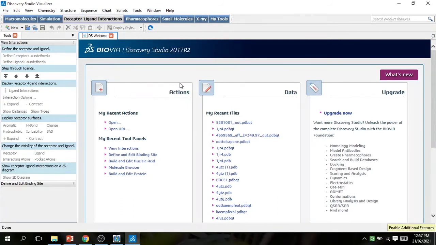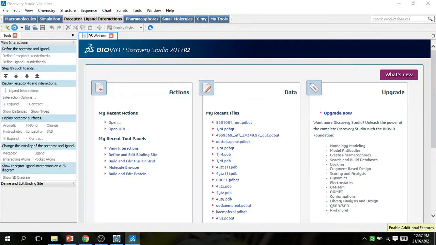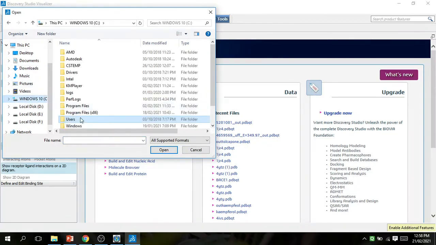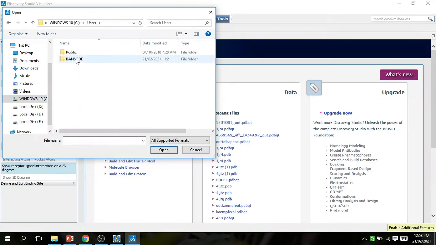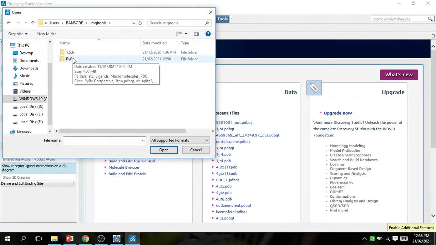This protein file is created in the Pyrex folder. File, open, Windows 10, C, user, go to the Pyrex folder, Bansode, MGL tools.